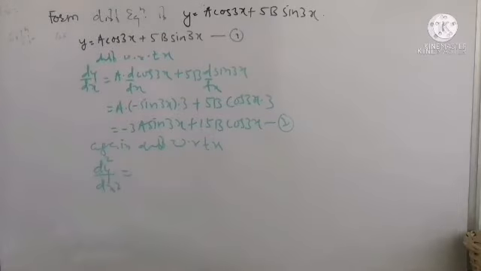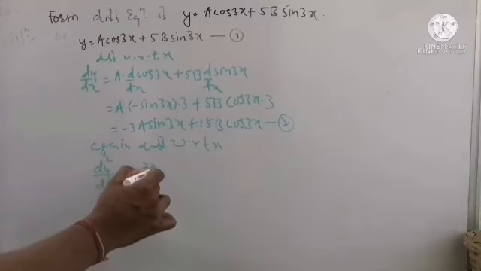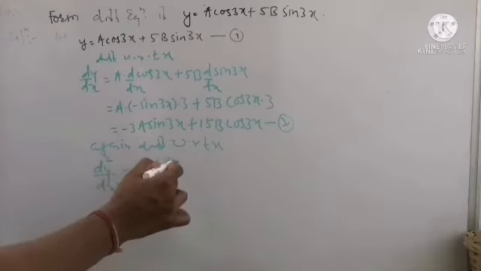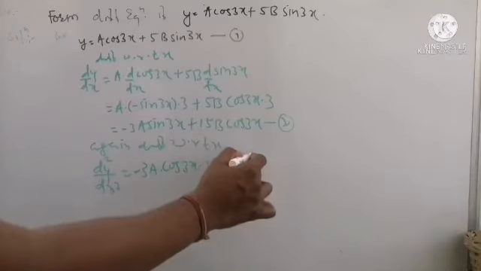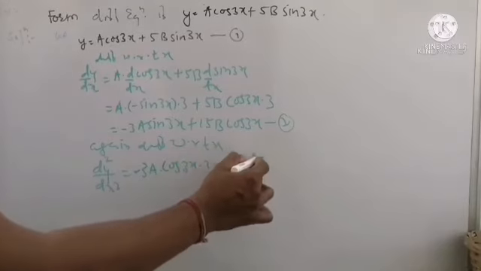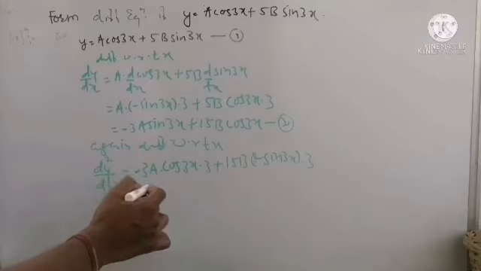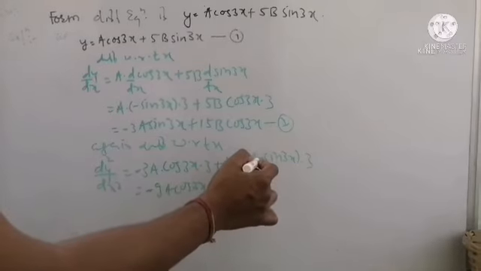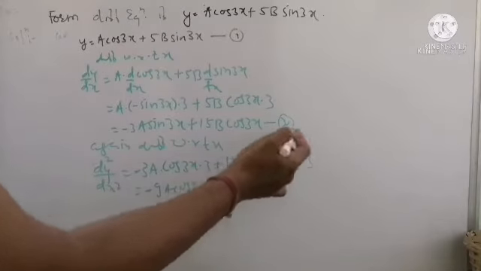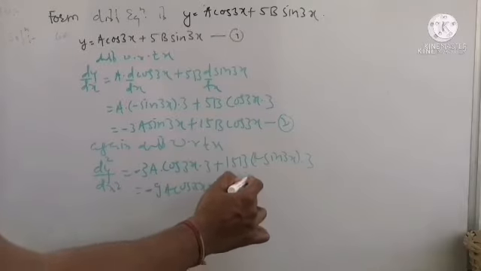On the right hand side again there is an addition, so we take separate derivative of each term. In the first term, minus 3 is a constant. Now the derivative of sin 3x, as we know, is cos 3x into 3, plus 15b is a constant, as the derivative of cos 3x is minus sin 3x into 3. Now simplifying by multiplying by 3, in the first term we get 3 into 3, minus 9a cos of 3x, and here actually this bracket has a minus, so the total multiplication is minus, and 15 into 3 is 45b sin of 3x.